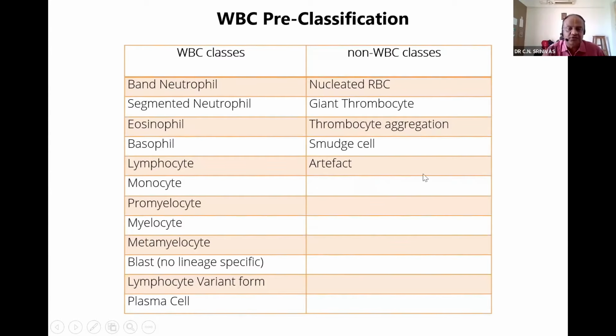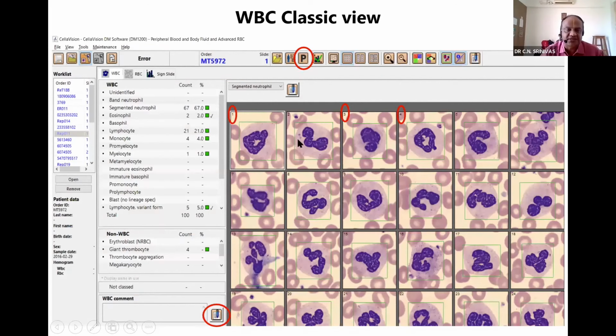So let us see how the machines give the information itself. This is a print screen from the WBC itself. So the blood WBCs, you can see a lot of neutrophils here. On the left-hand side, you have the percentage count, where you have the classification, which has been beautifully done for the WBCs. And the numbers are also given here as 1, 2, and 3. And if you're going to do a teleconsult, you can say, number 1 cell, what might be your opinion? Number 3, what is the cell? What is their opinion? You can just ask the teleconsulting group itself.